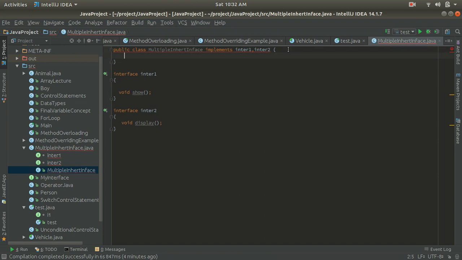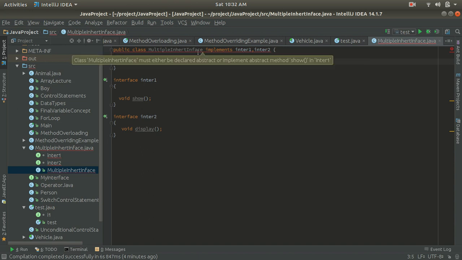While implementing, we got a compile time error, and it is saying that we have to implement all the abstract methods of these interfaces. So we have to override the show method and the display method of the inter1 and inter2 interfaces.